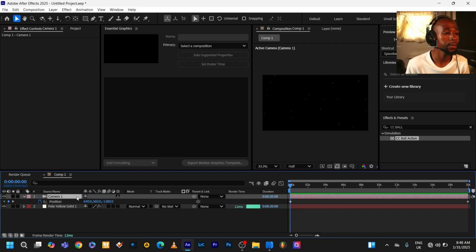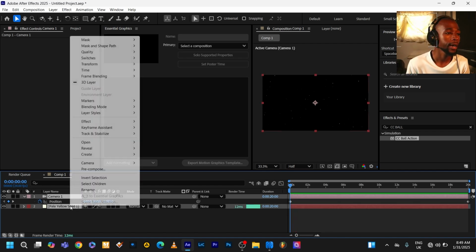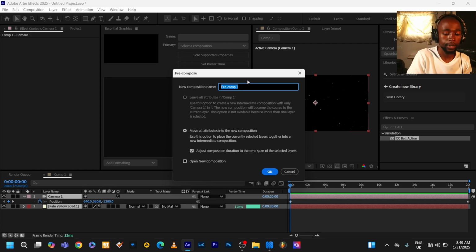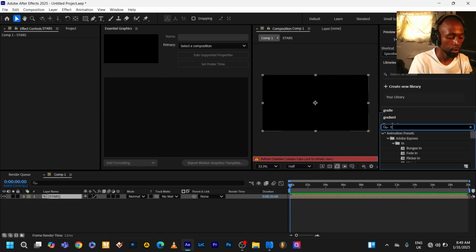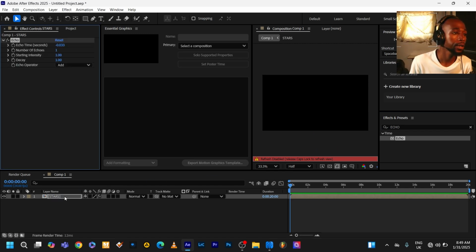Pretty neat, right? Select both by holding Ctrl and clicking. Right-clicking, pre-compose. We're going to name this stars. Once that's done, head back over to the effect panel, type in echo, drag and drop the Echo to the pre-composition. For settings, we want the echo time to be